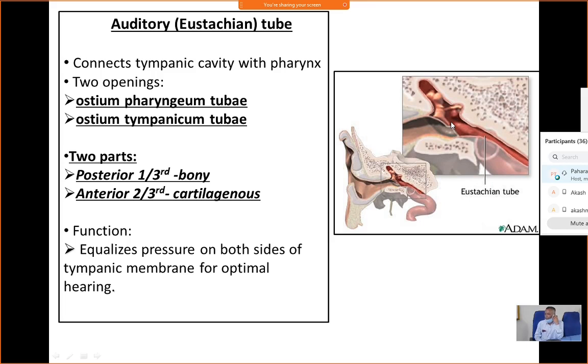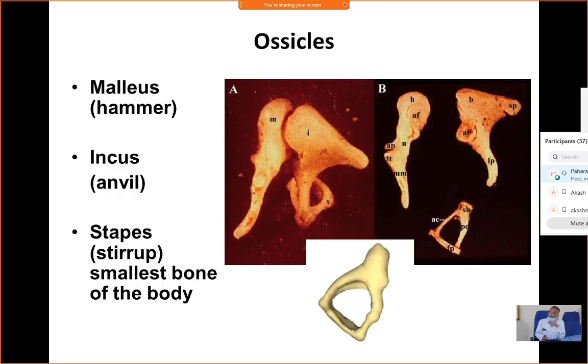Ultimately there is more pressure in the external acoustic meatus. As there is more pressure in the external acoustic meatus, the tympanic membrane will bulge more towards the middle ear cavity and ultimately we cannot hear properly. Now when we swallow, some pressurized air goes through the eustachian tube to the middle ear cavity, which tries to balance the air pressure inside and outside the middle ear cavity. Then the ear ossicles, as I have already said: malleus, incus and stapes. Then incus, then stapes. That one is the stapes.